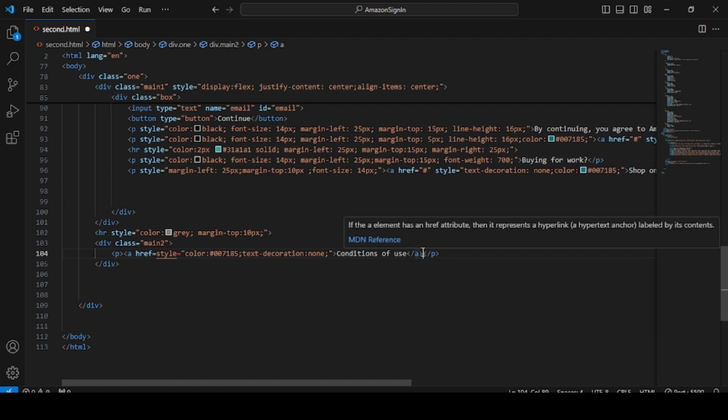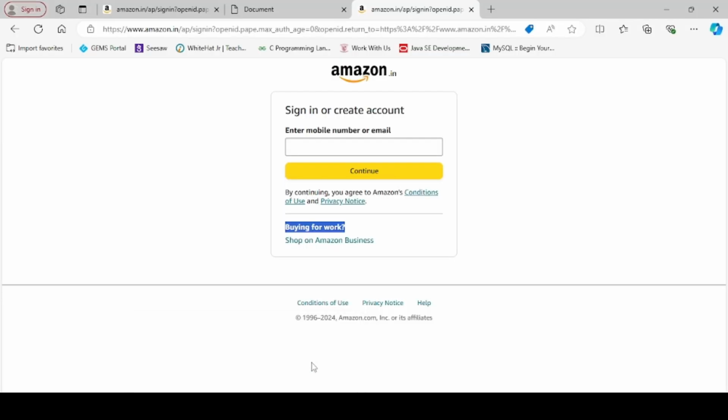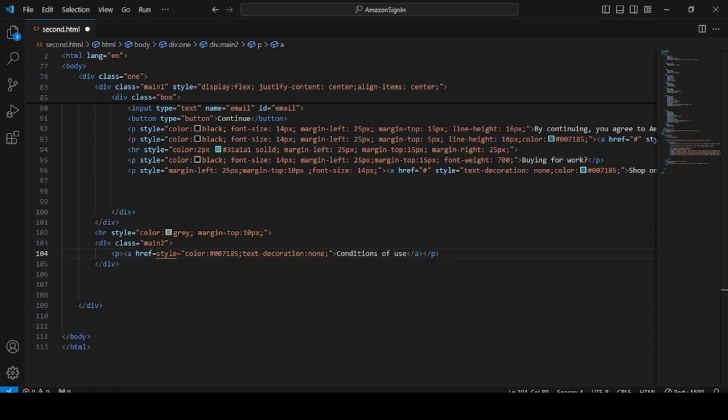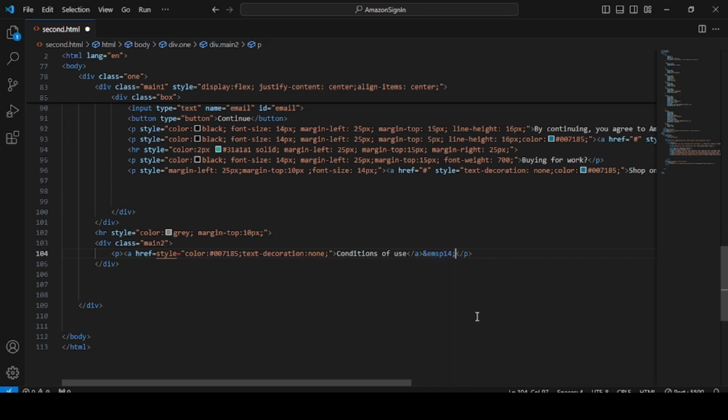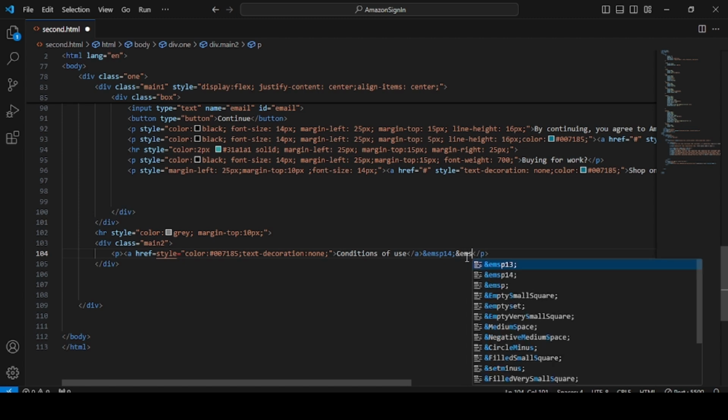After this anchor tag we have to give a little space, because here we can see that there is little space in between. So for that we are going to use ampersand emsp14, again ampersand emsp14,